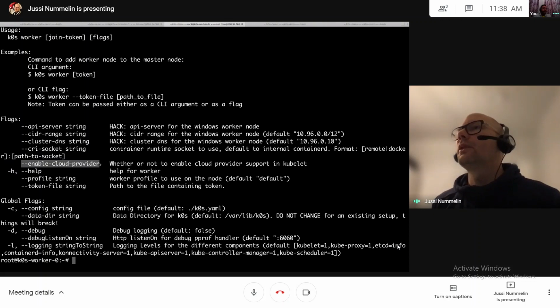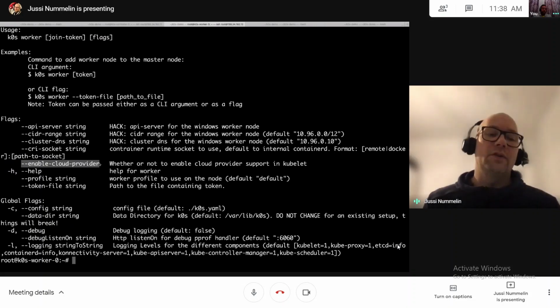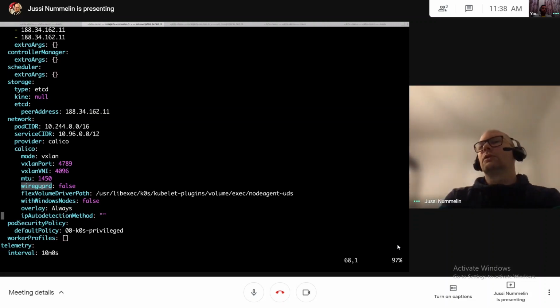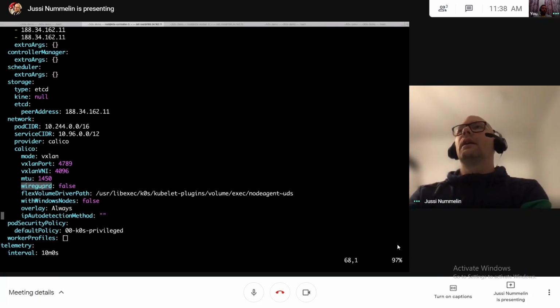You might be able to come around those, or at least some of those issues by using what we have also configurable on Calico, this WireGuard. So that might get you out from some of the troubles. But then I have to be honest, I haven't tried to run Kubernetes in a way that I've actually then also enabled the cloud provider integrations for different clouds in the same cluster. I'm not actually sure if that's even possible.